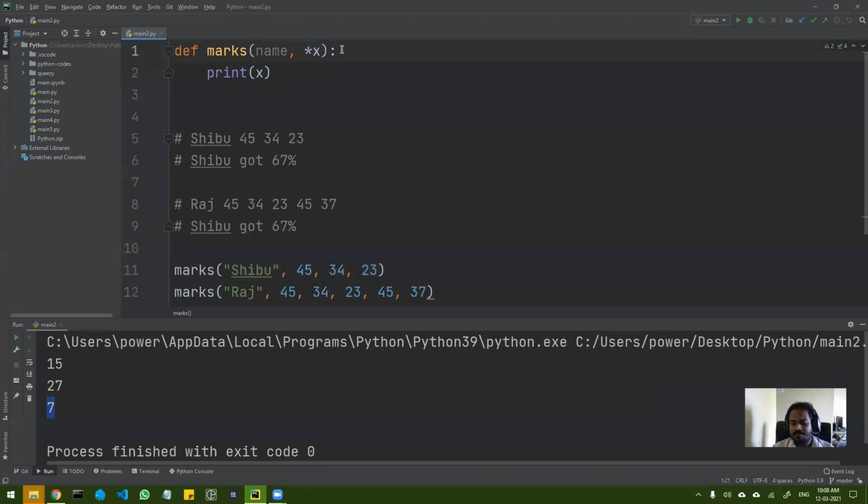ओके सो ये चीज बहुत ट्रिकी है, ये समझना बहुत इंपॉर्टेंट है कि कहाँ पे आपको पोजिशनल करना है और कहाँ पे वेरिएबल करना है, राइट सो ये चीज फिक्स था, इसके लिए मैंने यहाँ पे पोजिशनल किया, राइट और ये चीज वेरिएबल था कि कभी 3 हो रहा था, कभी 5 हो रहा था, तो इसके लिए मैंने क्या किया, यहाँ पे स्टार एक्स कर दिया। ओके सो नाउ वंस आई हैव दिस, नाउ आई कैन एक्चुअली कैलकुलेट द परसेंटेज।